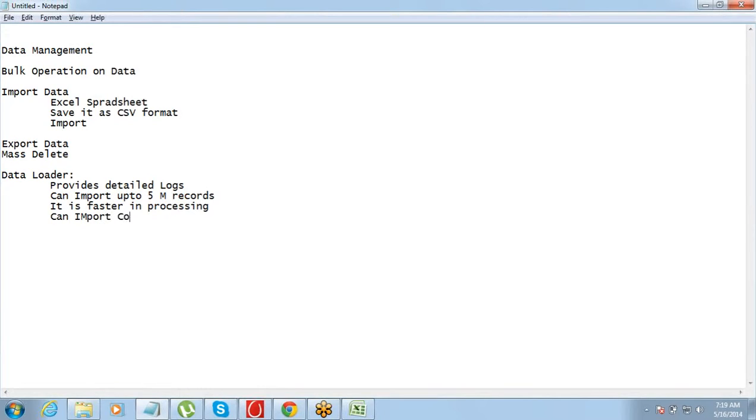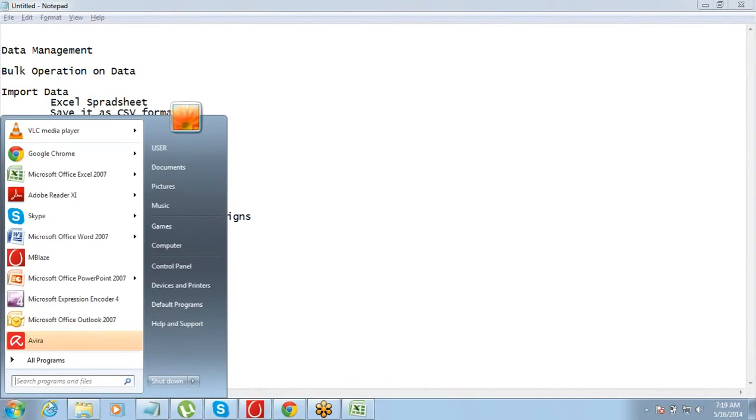Can import ops, cases, campaigns. Got this? So these are the advantages of data loader. So I'll just quickly show you how the data loader will look.